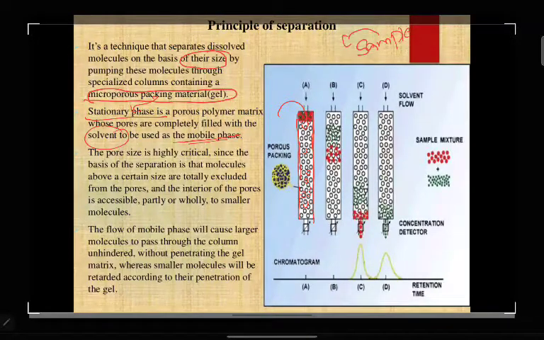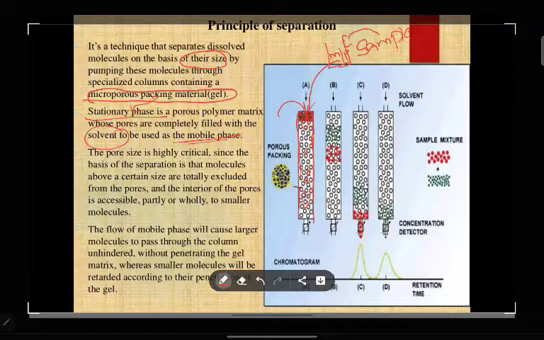So, you take your sample, you dissolve it in a mobile phase or solvent. That mobile phase you pour upon the surface of your column. So, the sample you are dissolving in mobile phase or suitable solvent, that one you are pouring upon the surface of your column. Now, separation will happen. How will the separation happen?